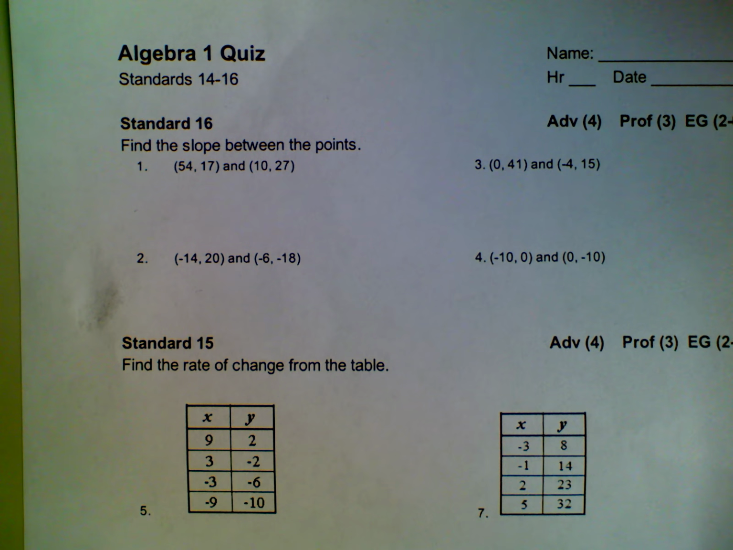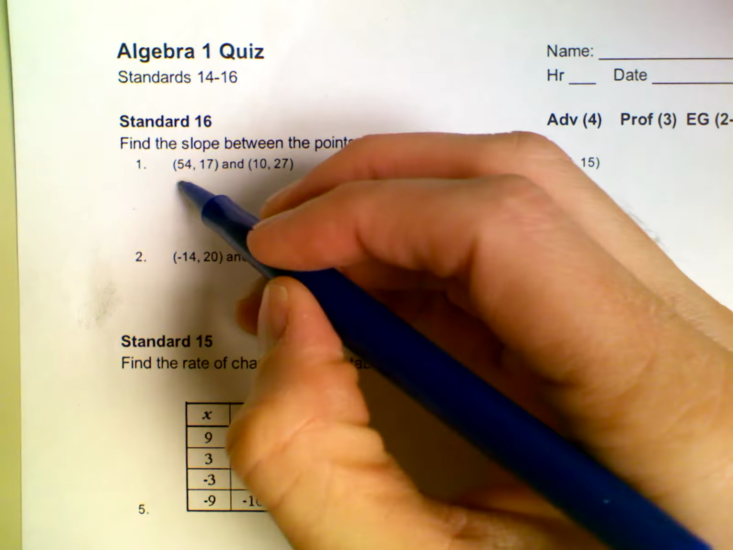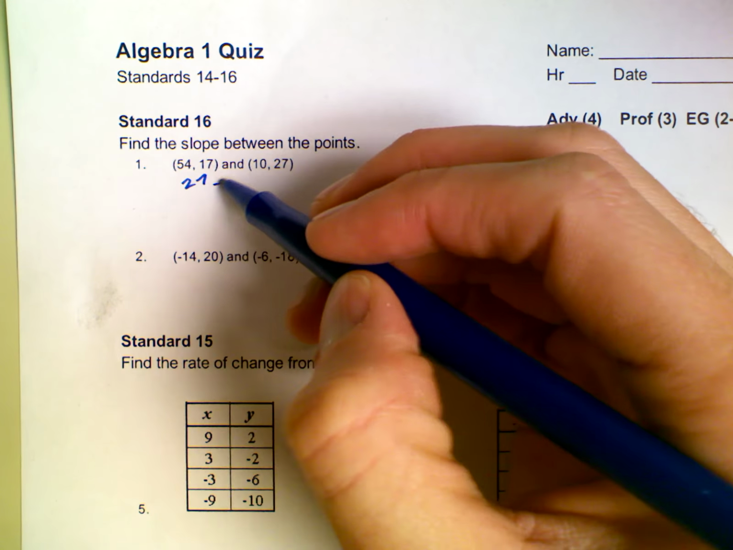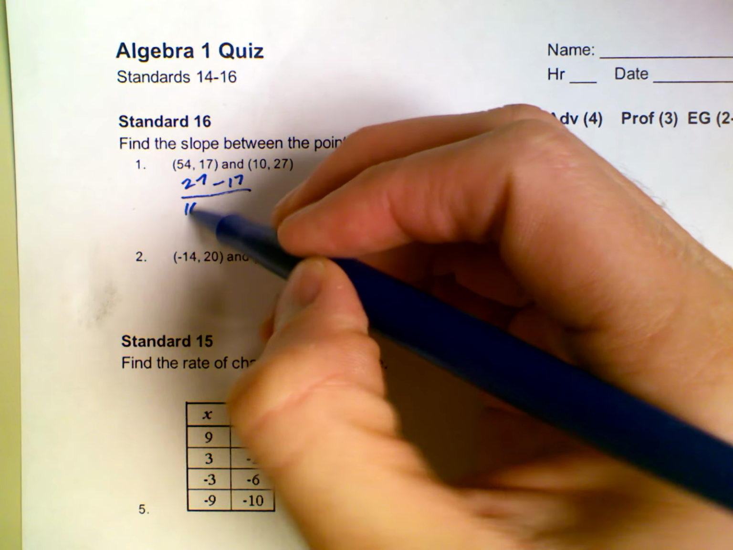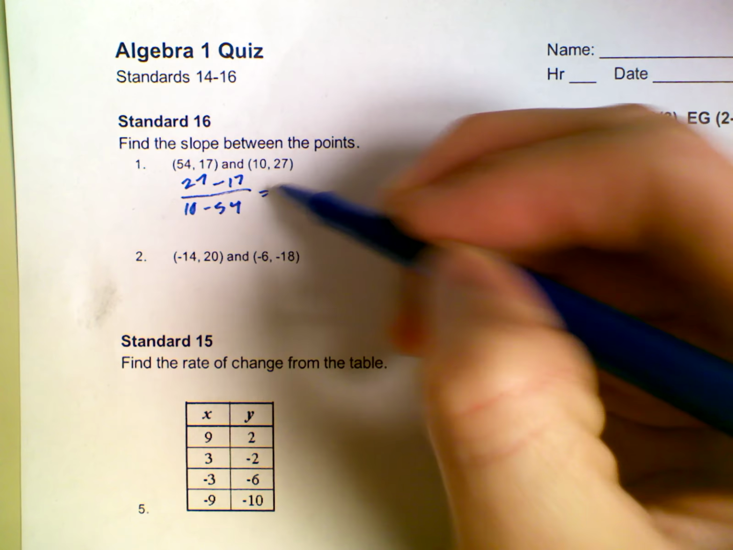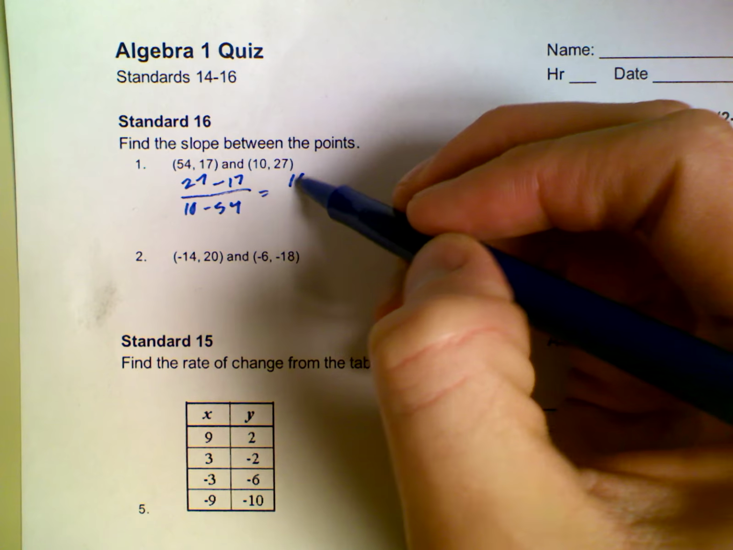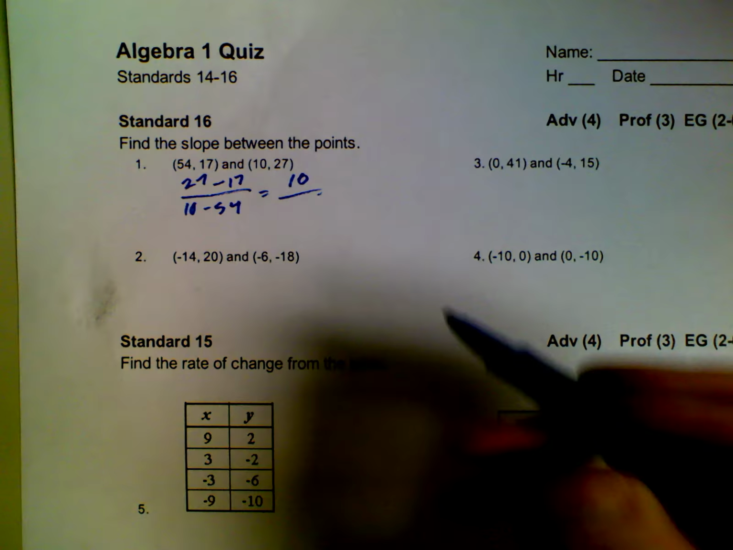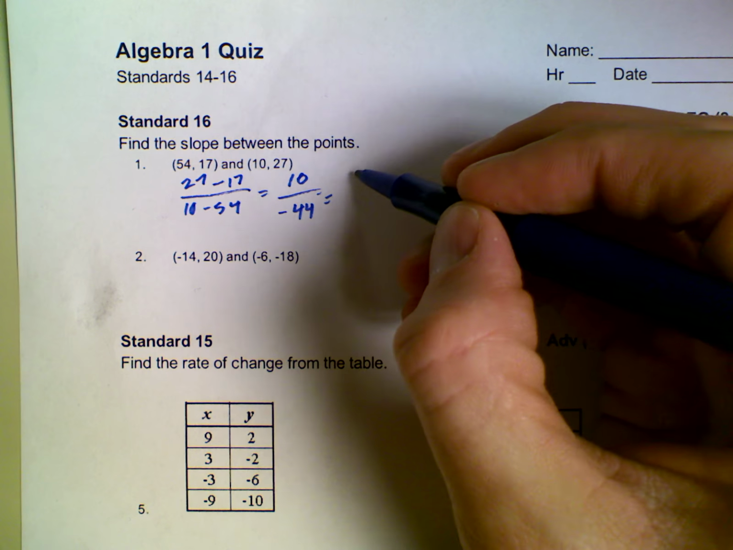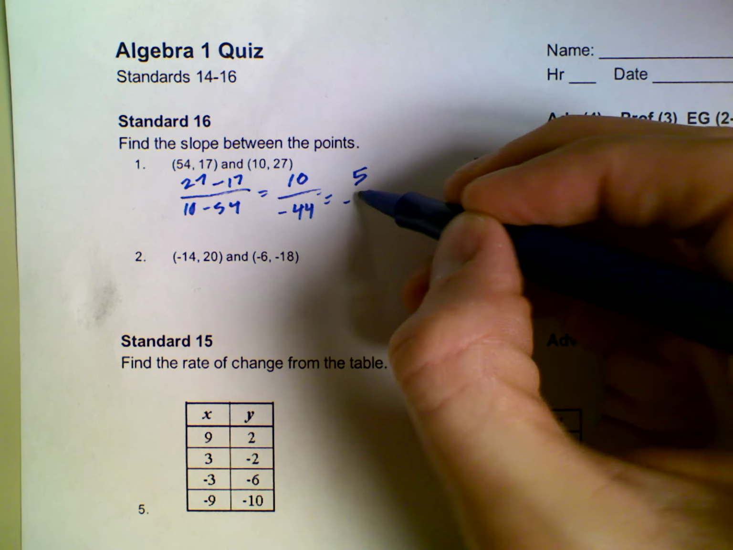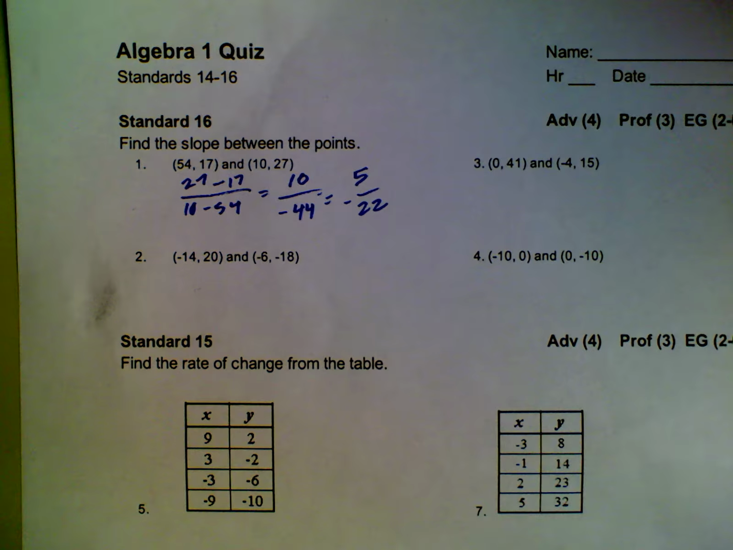Alright, on standard 16 you have to find the slope between 2 points. To do that we have to subtract the y's and subtract the x's that are paired with it. 27 minus 17 is 10. 10 minus 54 is negative 44. When I reduce that, I could divide them both by 2. Make that 5 over negative 22 as a decimal. That is